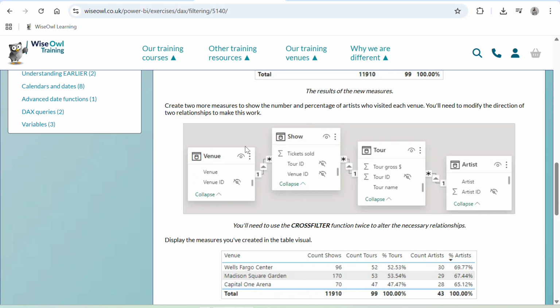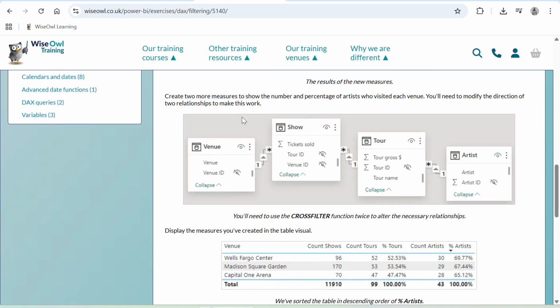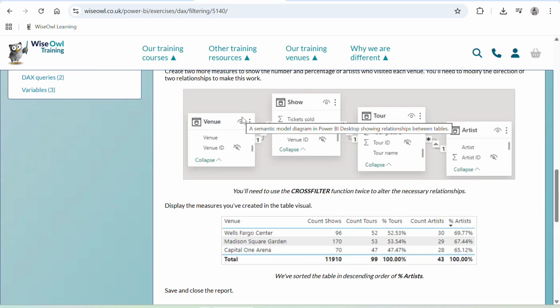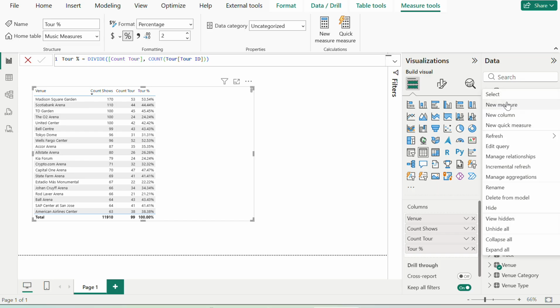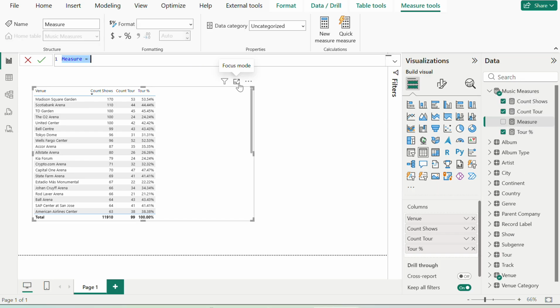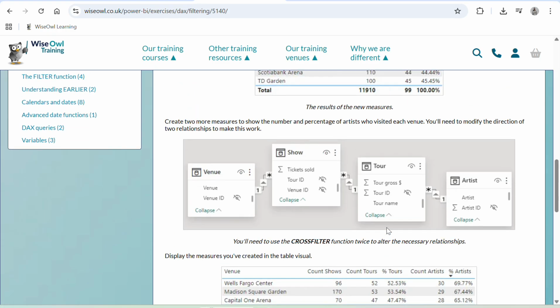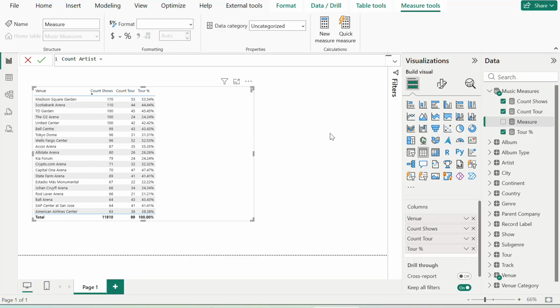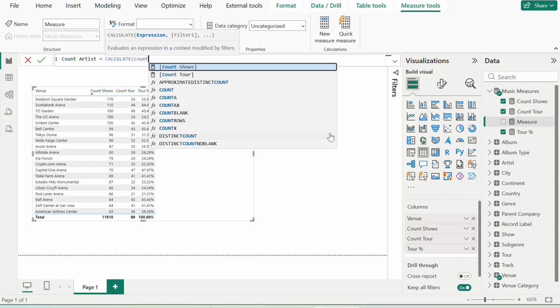It's saying that now create two more measures to show the number and the percentage of artists who visited each venue. You need to modify the direction of two relationships to make this work. So we will be using cross filter again. We will be making two new measures. This one, count artist. Count artist is equal to calculate, count of